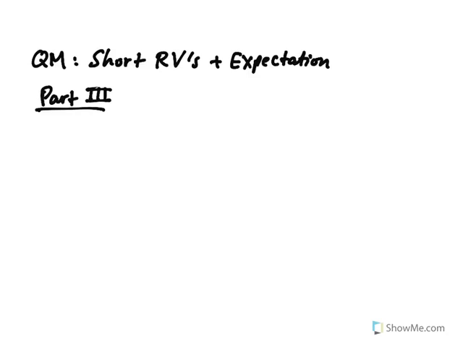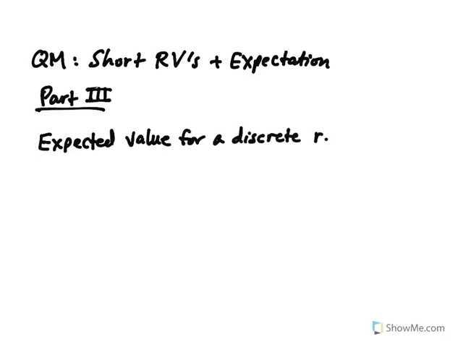Okay, so let's begin by just defining expected value for a discrete random variable. All right, well, we know what this is. We know what this is supposed to be from an intuitive standpoint. It's supposed to be the probability weighted average